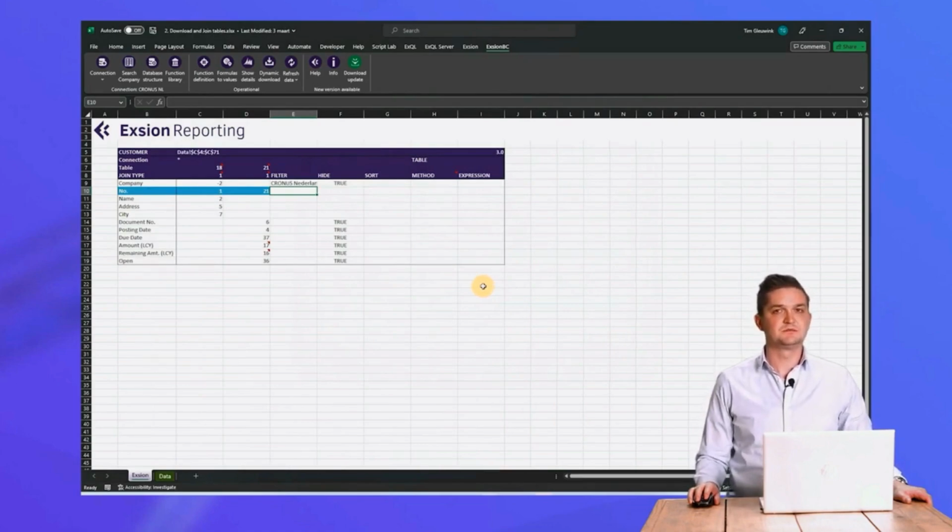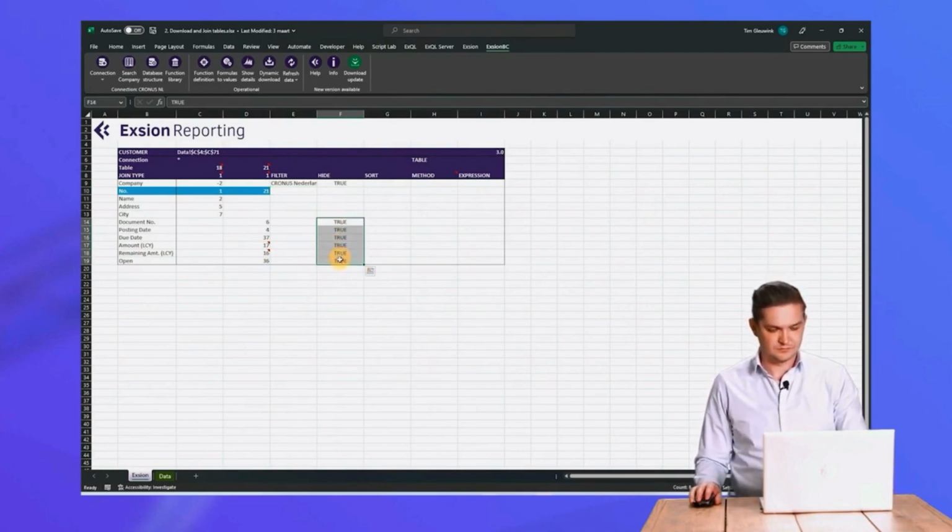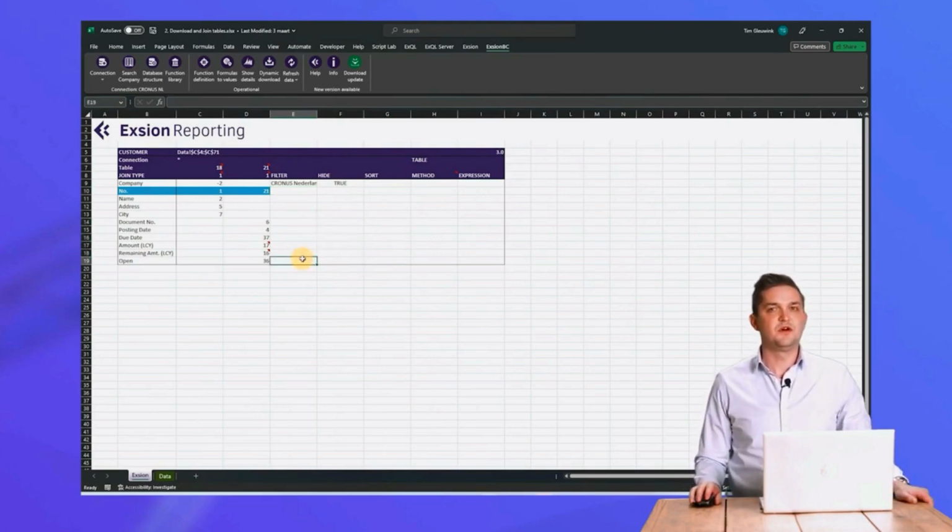Beside table 18, where these fields are from, we now have table 21, where these fields are from. Of course, we want to see all the fields that we added to the table, so we delete all the following trues. On the field Open, I'm going to put a filter, because we want to see the open customer ledger entries. Now that we have all the correct data, I will click on the refresh button,